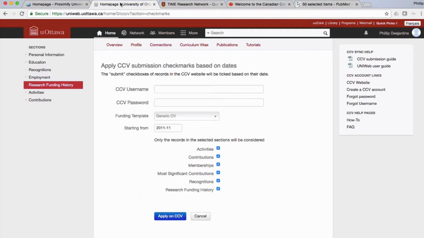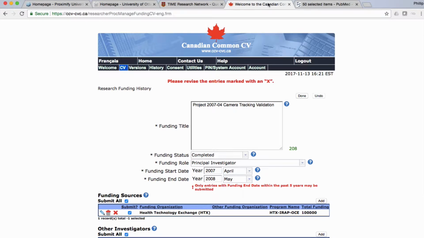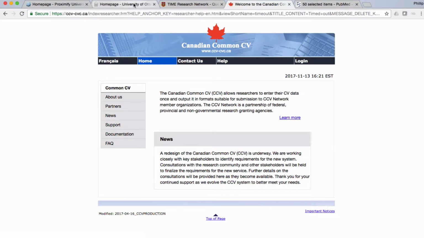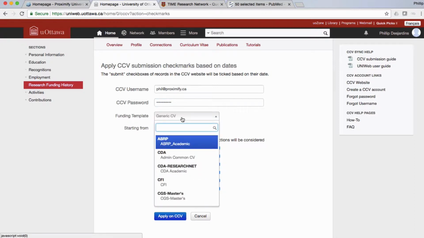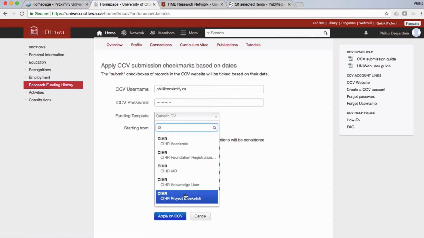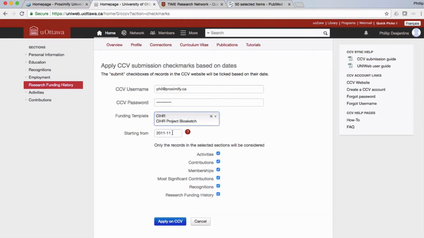So in order to meet those parameters, which vary according to the agency and which change over time, we go back to UNIWeb here, and the first thing we want to do is exit Canadian Commons CV, so we'll log out. Go to our UNIWeb here, enter in our CCV username and password in the Apply Submit Checkmarks area. Select the funding template. And narrow down the parameters. So it said within the past 5 years,